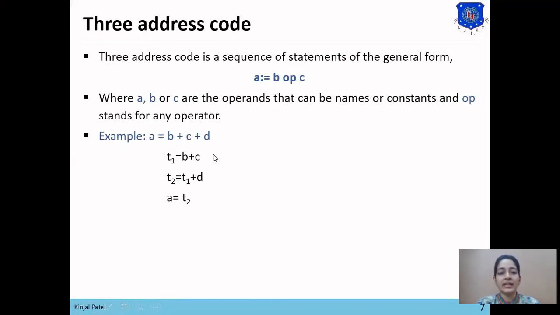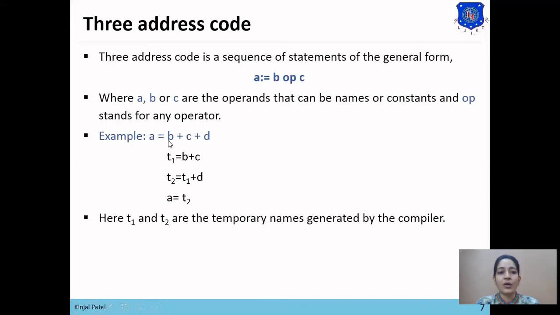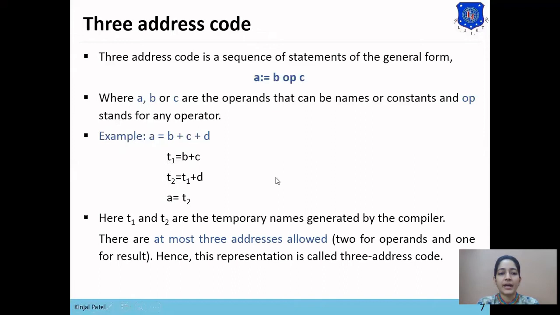So this is the three address code for A equals to B plus C plus D. Here T1 and T2 are temporary values generated by the compiler. So in three address code there can be at max 3 addresses allowed, 2 for operands and 1 for results. So this expression is called a 3 address code.